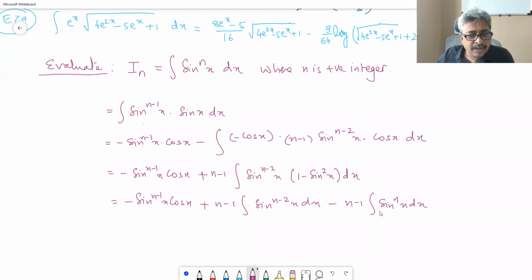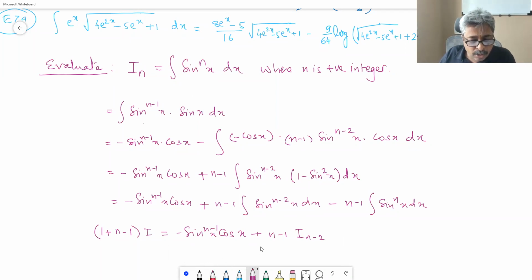So this I goes to the other side, which becomes 1 plus n minus 1 times I is equal to minus sine n minus 1 x cos x, plus n minus 1 integral I n minus 2. So I have jumped from n to n minus 2. That means I am moving. If this is 10, then I have reached 8. From 8, I can come to 6, 6 to 4, 4 to 2,